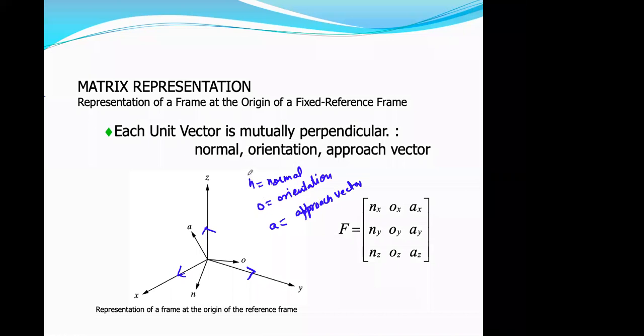So basically all these are the frame of a robot's end effector. These are the frame of the robot end effector. And how are frames defined in a robot end effector? Let us make a simple diagram to understand this aspect.